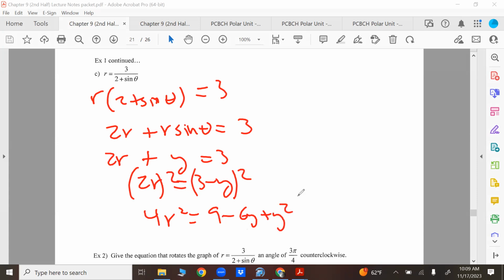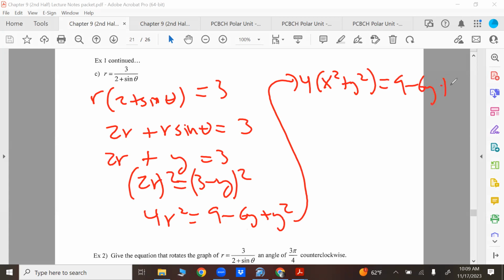And then what would I do about r squared at this point? Yeah, so that way we don't have to deal with radicals, right? So 4x squared plus y squared. I'll take a little break so you guys can get caught up here. Okay, so once you guys get